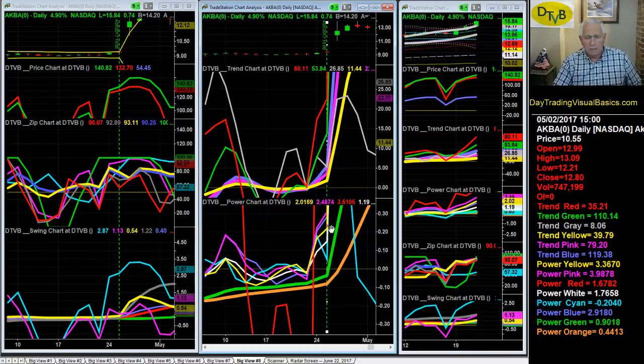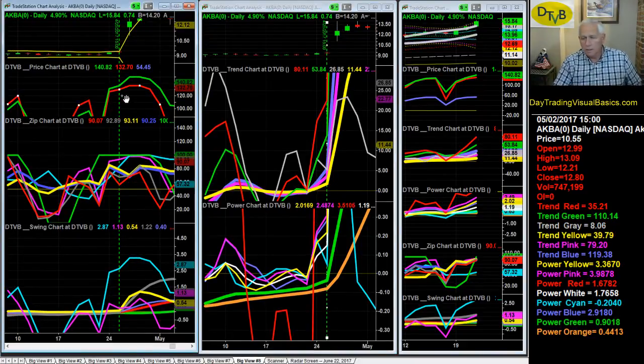That just invariably helps the gap up situation. We also, if we go over here to the price chart, you can see that price green is at 136, and the price red is at 130. Again, if you're not familiar with it, I've indicated that you should look at,